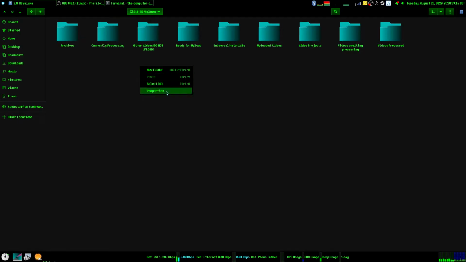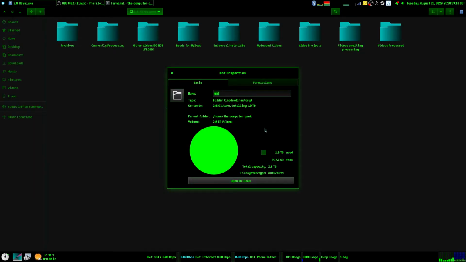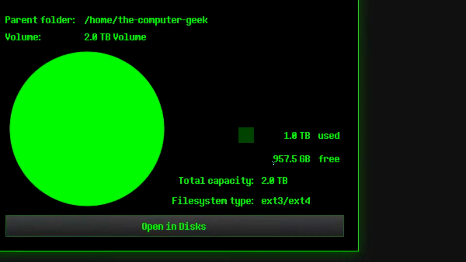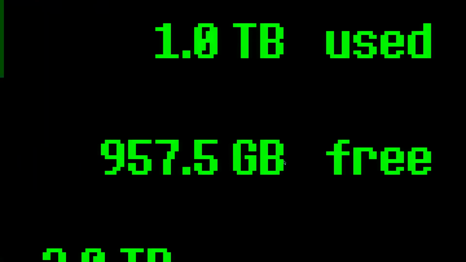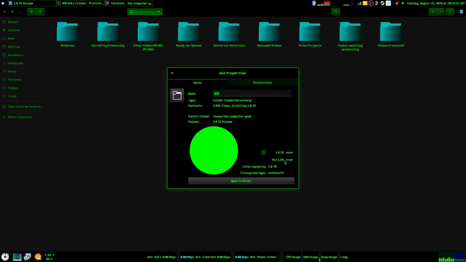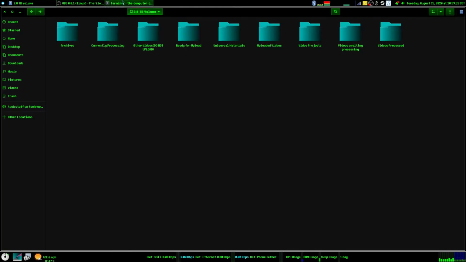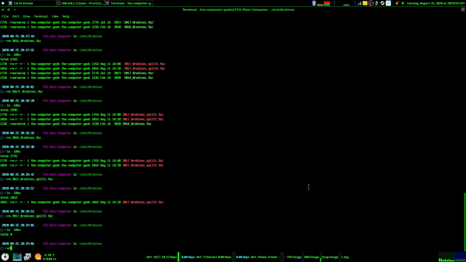And if we look at our properties, we have a marvelous 957.5 gigabytes free. Isn't that lovely? Woohoo! And now all of a sudden we have space on this drive again. Yay! Now if we back out